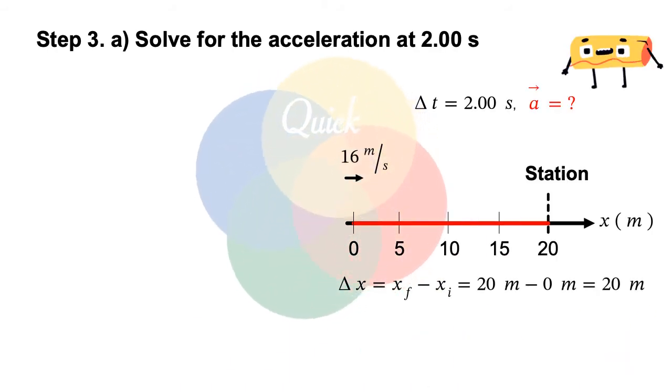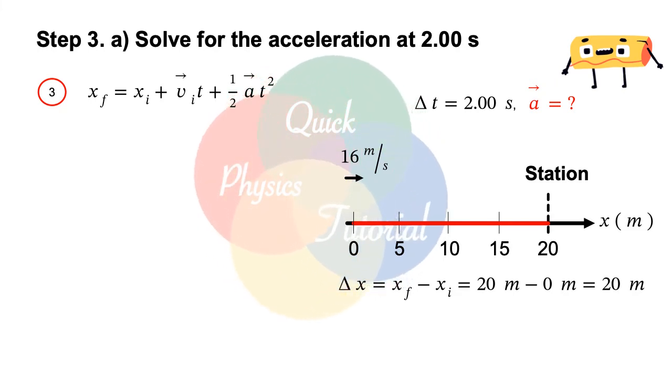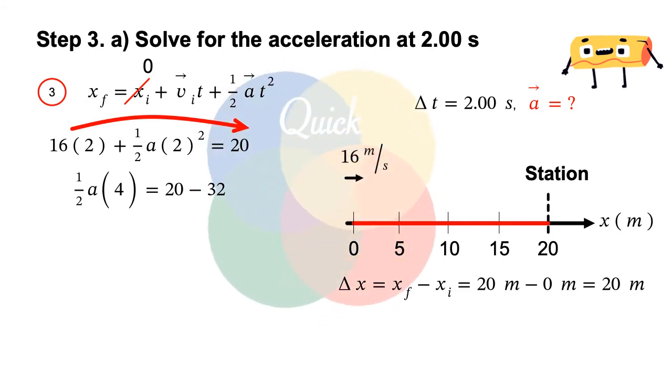Step 3. Solve for the acceleration using the third standard equation. Plugging the value of each variable, we get Vi 16 meters per second times 2 seconds time plus 1 half A times 2 seconds squared equal to Xf 20 meters where Xi is 0. Transferring 16 times 2 equal to 32 to the right, we get 1 half A times 4 equal to 20